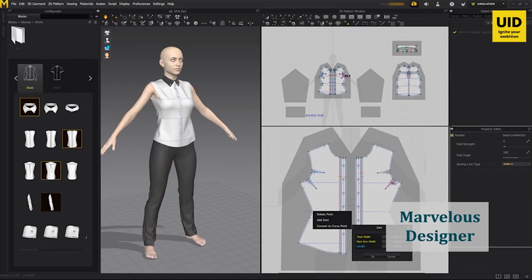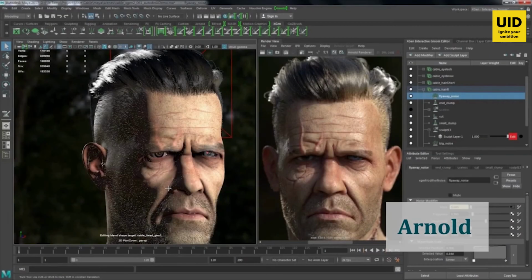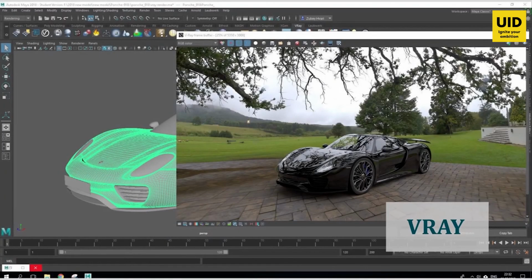Let's talk a little about rendering engines. Arnold. This is where the magic happens. This is where you can see the final output of your models, textures, lights, environments, and Arnold is one of the industry trending realistic rendering engines. Another one I recommend is Vray.